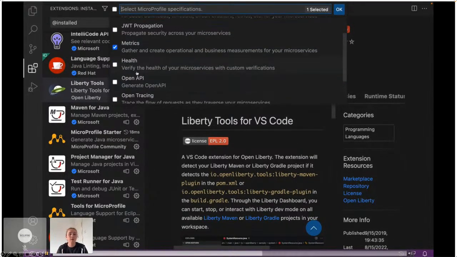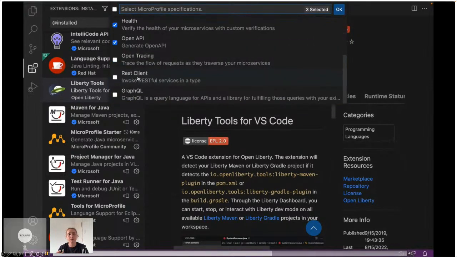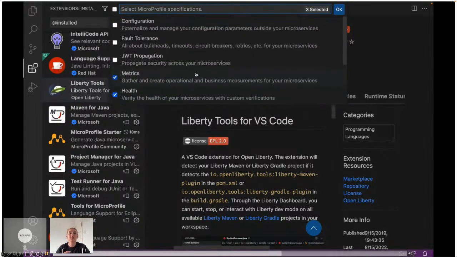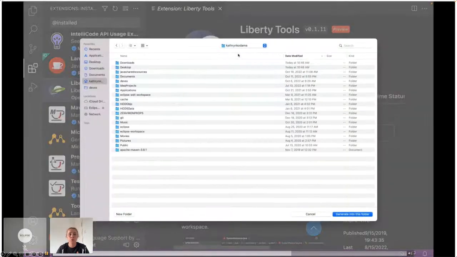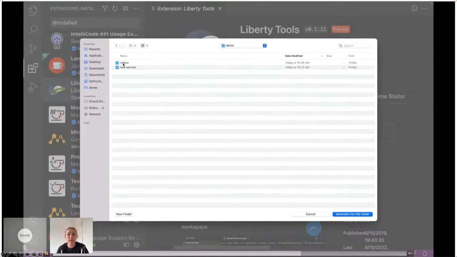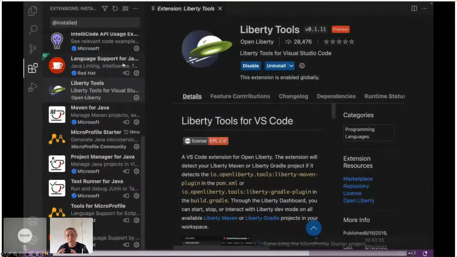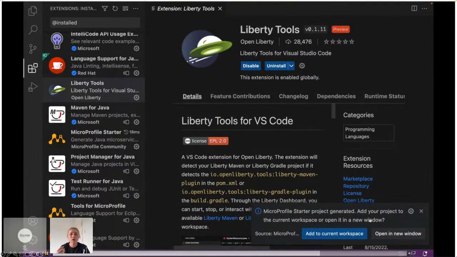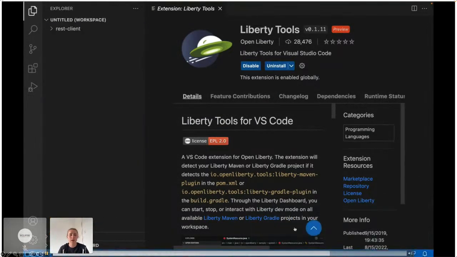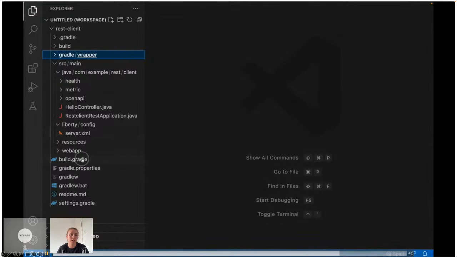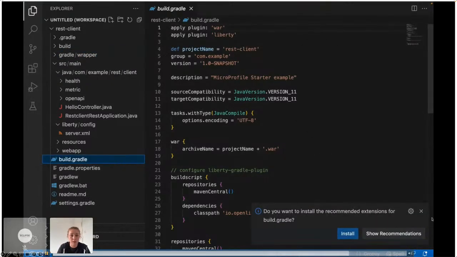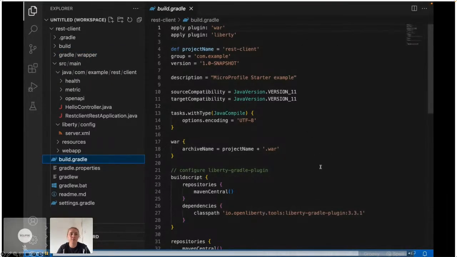Again, this is all plug and play. It's trying to make sure your application is as small as possible to be as effective in the cloud as possible. So only selecting the APIs you really need to make that memory footprint as efficient as possible. And then all I'm doing here is making sure I have the correct place to store it. And here you go. Within just a couple of minutes in my IDE, I've been able to create a skeleton